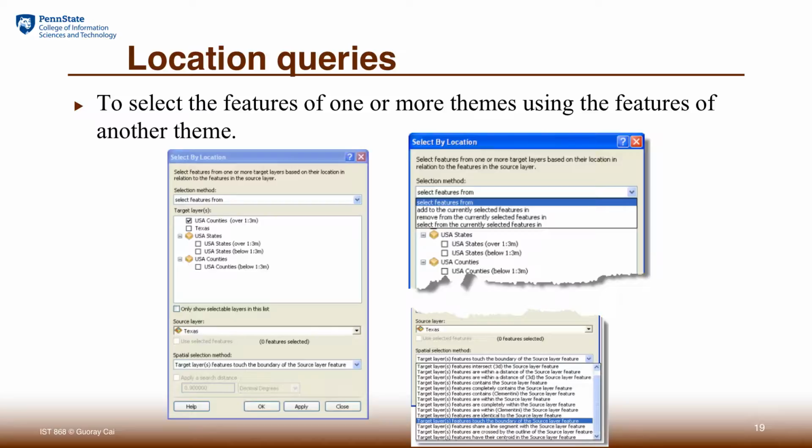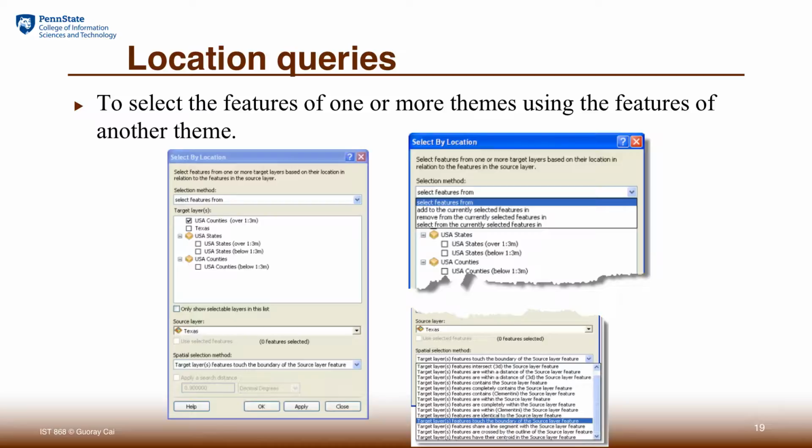And your area of selection may not use all the features in that source. If that's the case, you may want to do the selecting of those features first. You have a choice whether you use all the features in the source layer or use only the selected features in the source layer. So you can divide your problem into multiple steps.